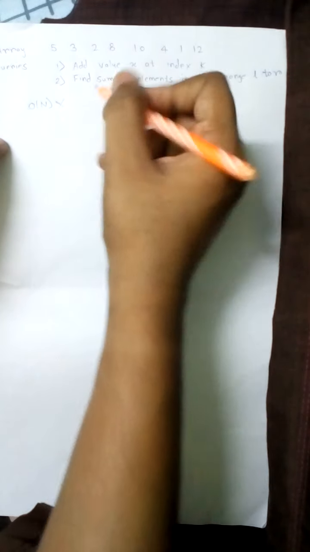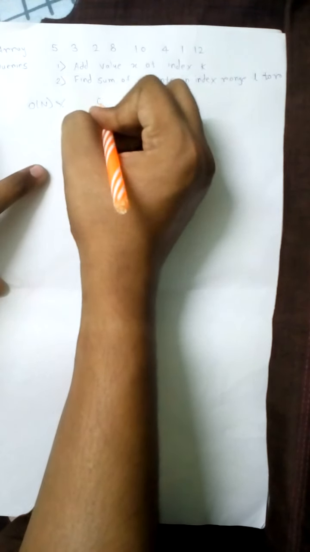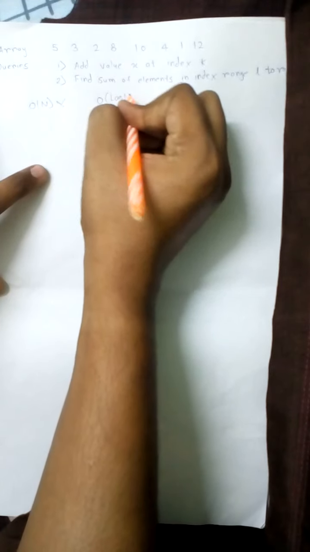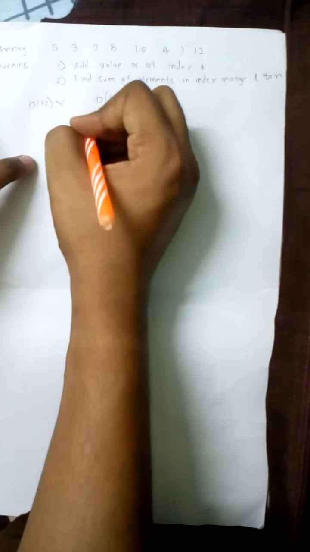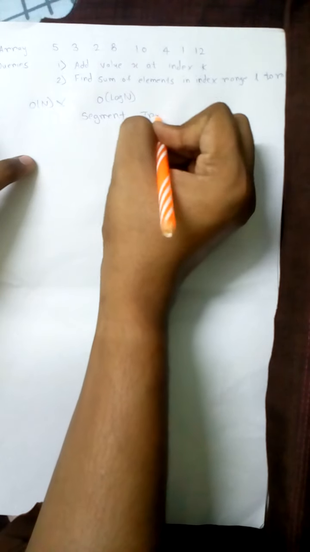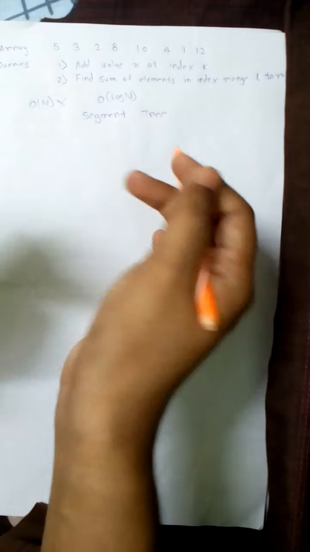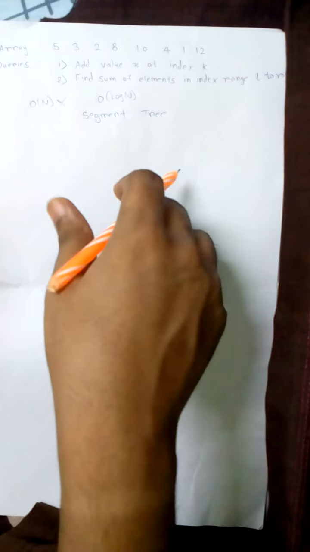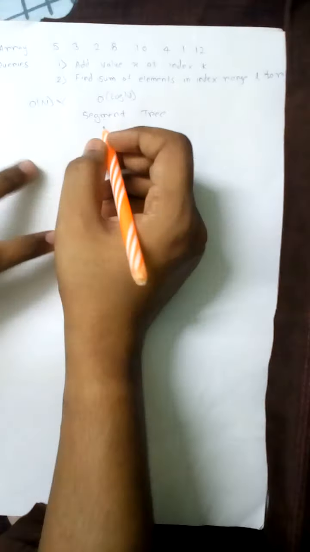So what we will do is, we will try to optimize it. Can we do it better? Yes, we can do each query in O of log n using segment trees. So let's see how we can do it. In a segment tree, we create a tree in which each node will store some property of the tree. For example, here we have to find the sum, so we will store the sums of ranges in the segment tree.